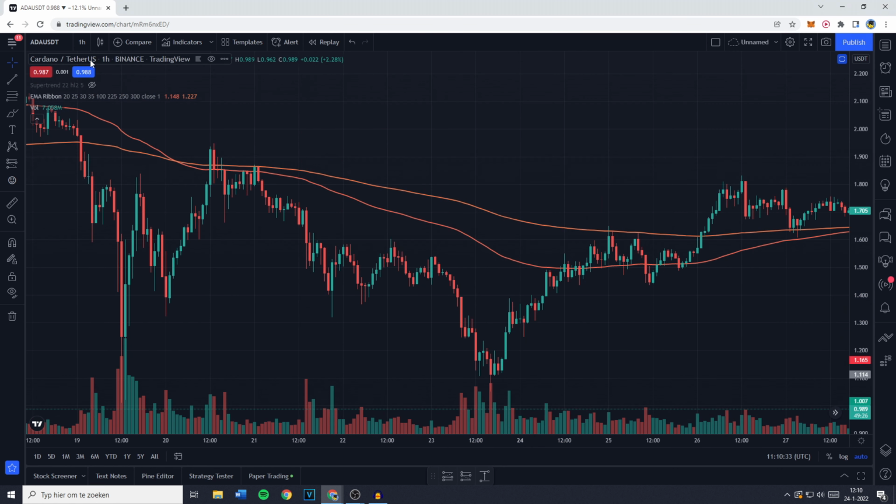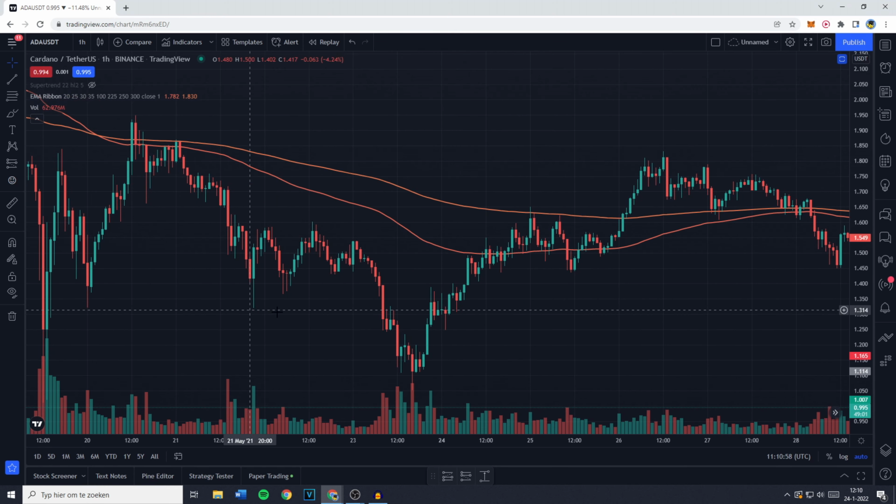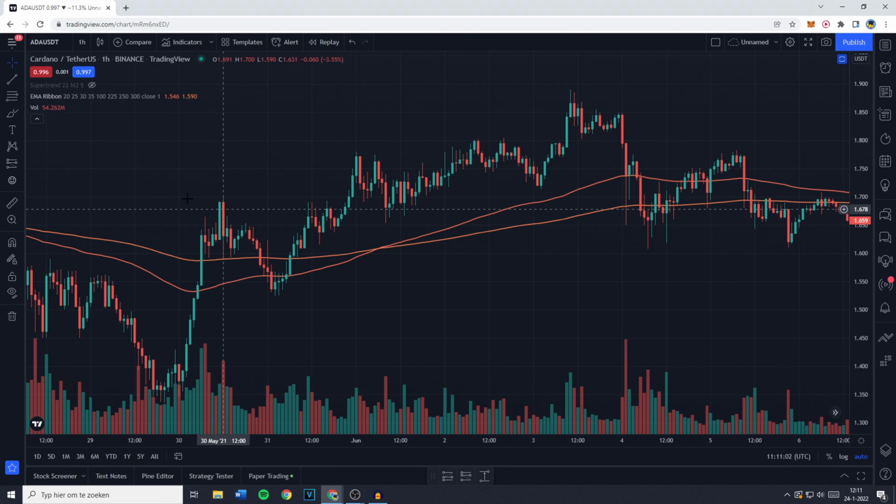Now please be aware that I'm charting on the 1 hour chart, and for the profits I'm just calculating spot trading, so trading with a leverage of 1x. However, if you're trading on the shorter time frames like the 5 minutes or 15 minutes, there may be a chance you're going to use a higher leverage. So even if you're only making 5%, if you're going to use a 3 times leverage, that would have been 15% profit. And right here is once again a golden cross, so you're going to open up a long position,